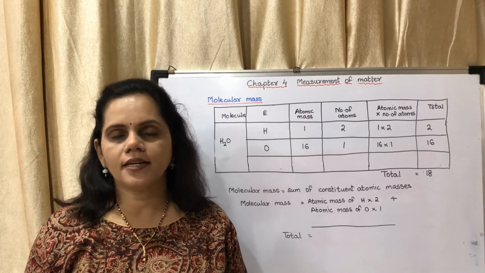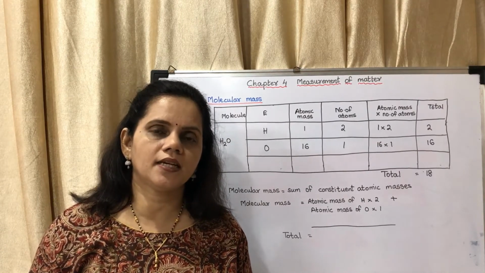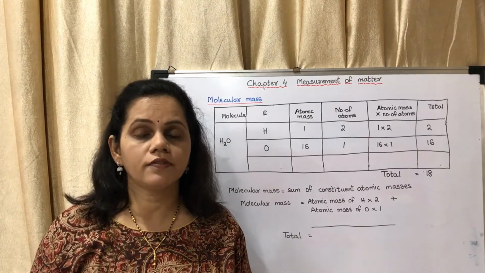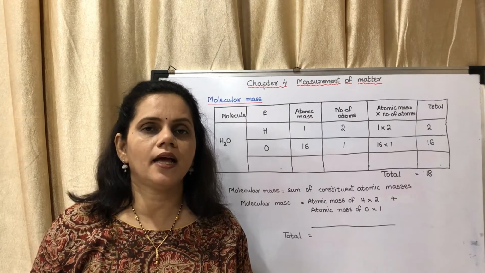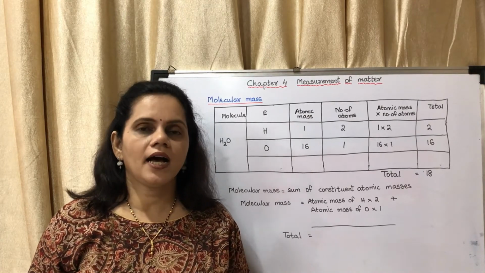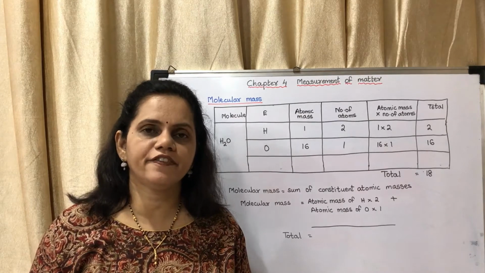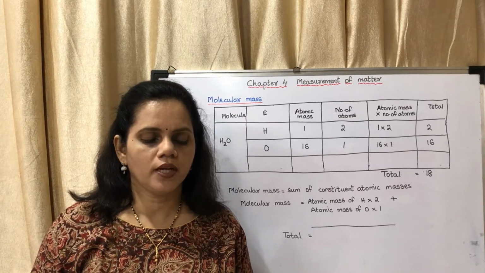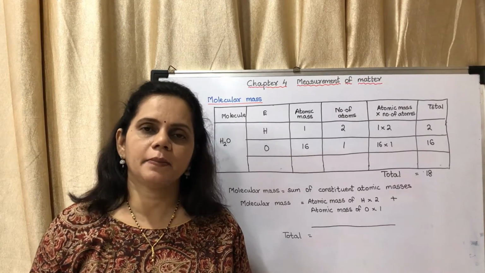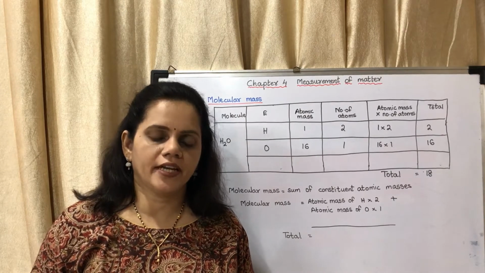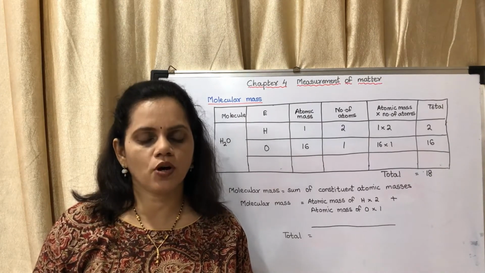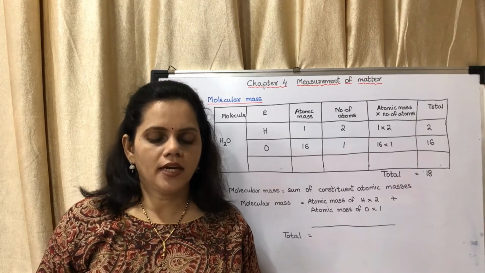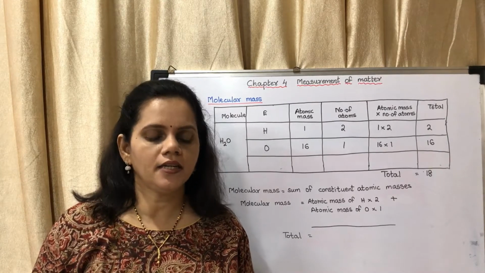The first one is antimony. The symbol of antimony is Sb. While writing it, you have to write S capital and b small. Iron is Fe, capital F, small e. Gold is Au, capital A, small u. Silver is Ag, capital A, small g. Mercury is Hg, capital H, small g. Lead is Pb, capital P, small b. And sodium is Na, capital N, small a.